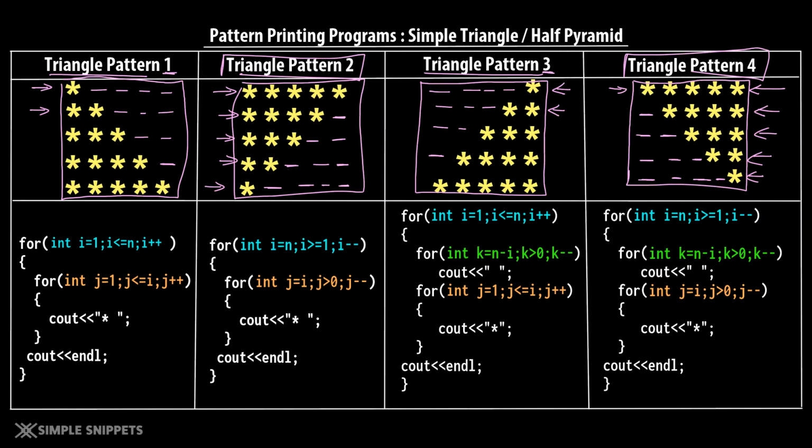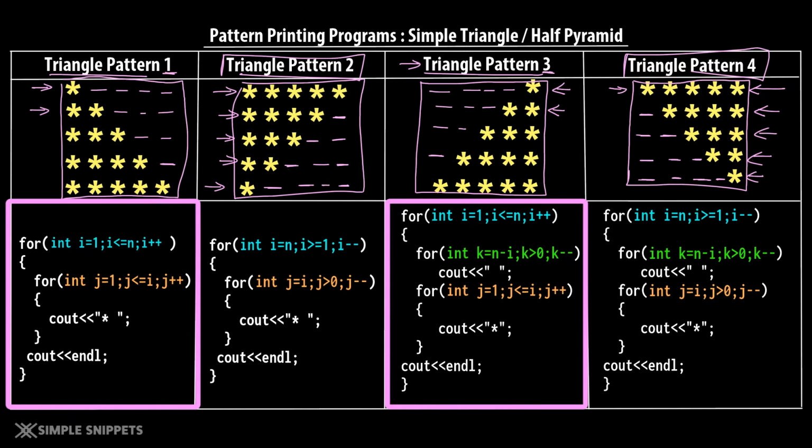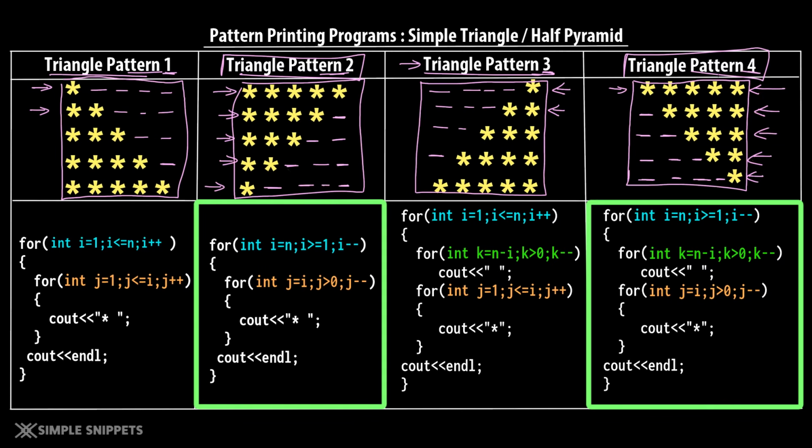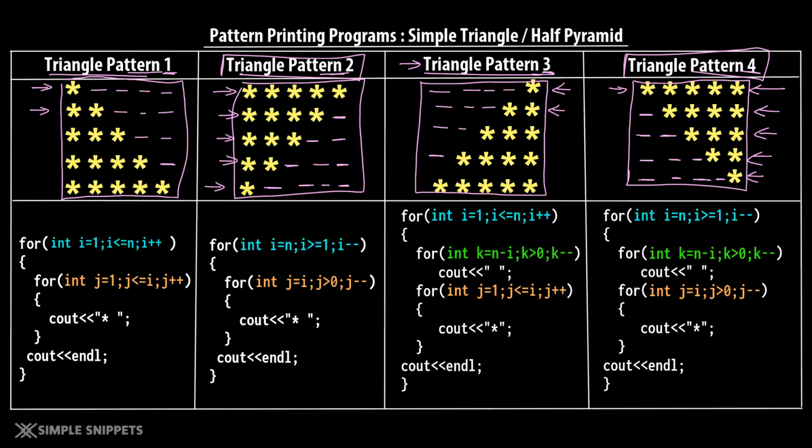Okay, so I just want you guys to keep this in mind. And now let's start with triangle pattern 3 and see how you can get this pattern. A quick note, the for loops for pattern 1 and pattern 3 are pretty much the same with extra addition in pattern 3. Similarly, the for loop of pattern 2 and pattern 4 are again going to be exactly the same. That is the conditions inside 2 and 4. Just that there is a slight addition of one more loop inside pattern 4 and inside pattern 3. Okay, so you can see it on the screen itself.